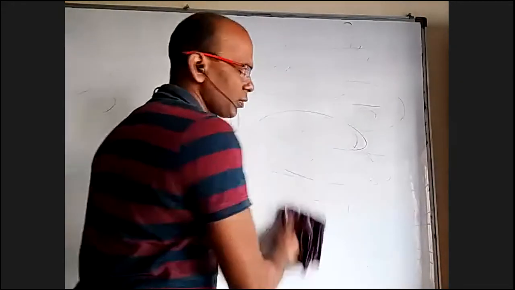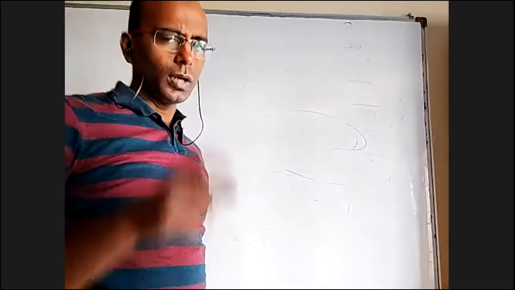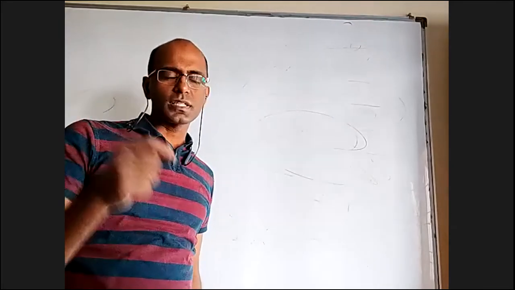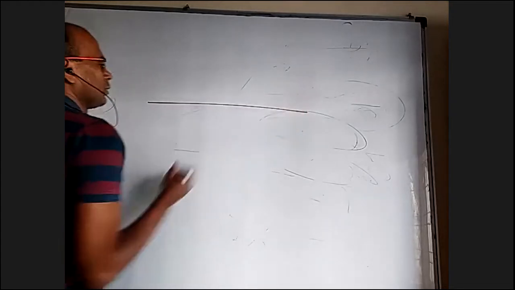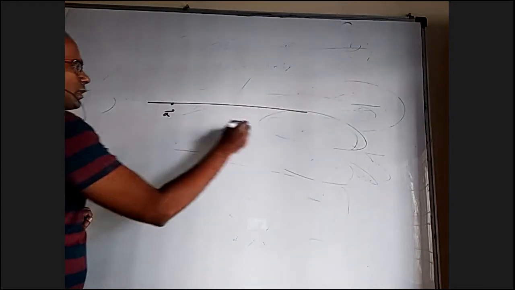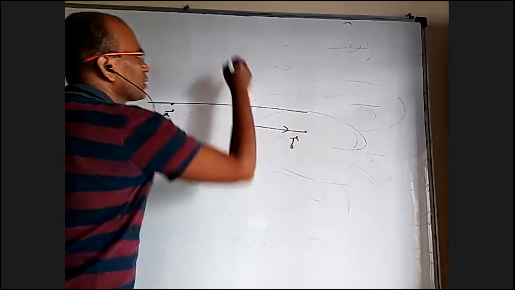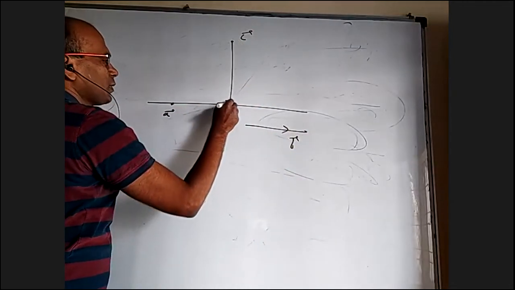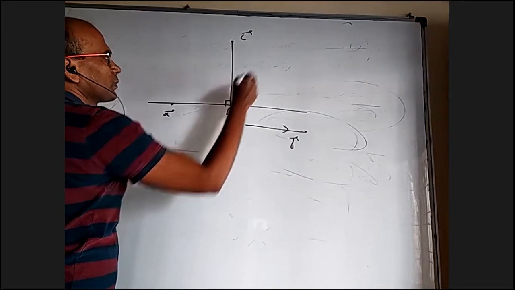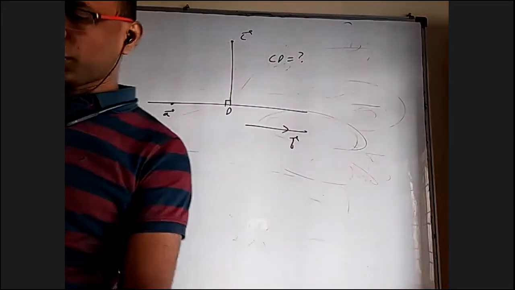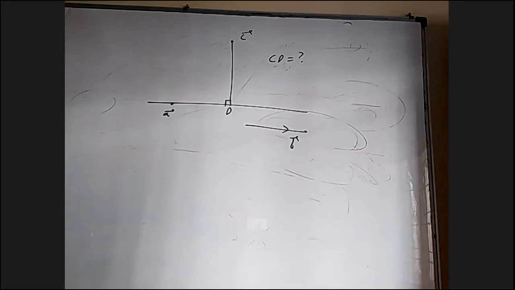Okay, we discussed how to find the foot of a point on a line. Now, how to find the perpendicular distance from a point to a line, both in vectors and 3D, whatever it is. This is A bar, this is parallel to B bar, this is C bar, and this perpendicular distance, let's say this is D. What is the CD length? Just think about it. I'll ask you the method. I'll come in a minute.